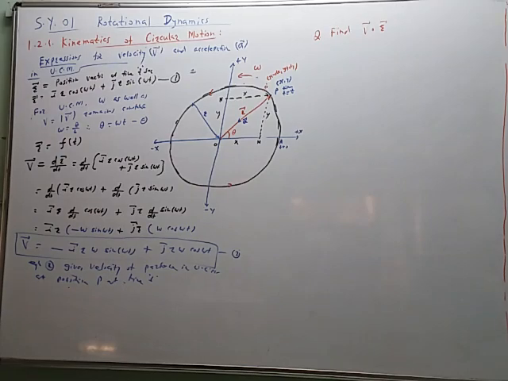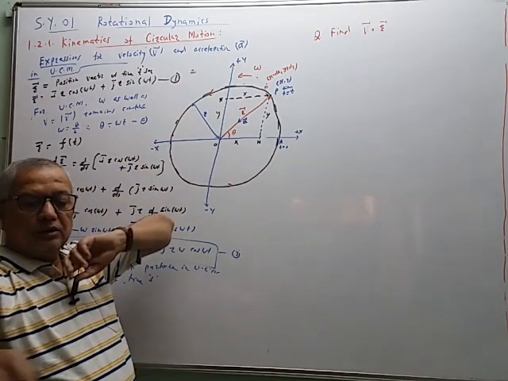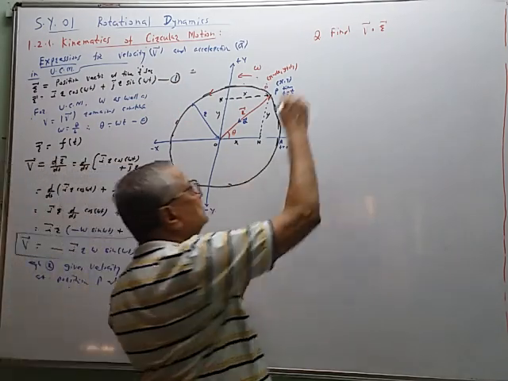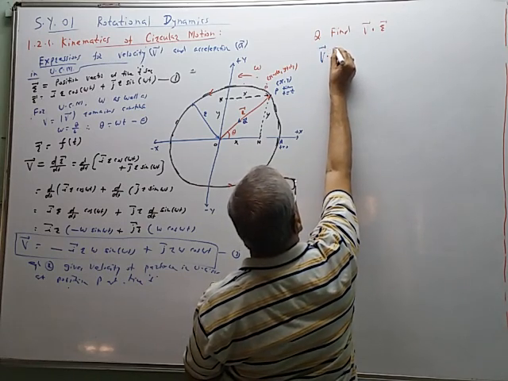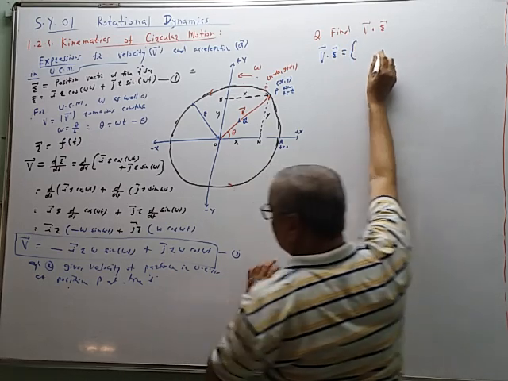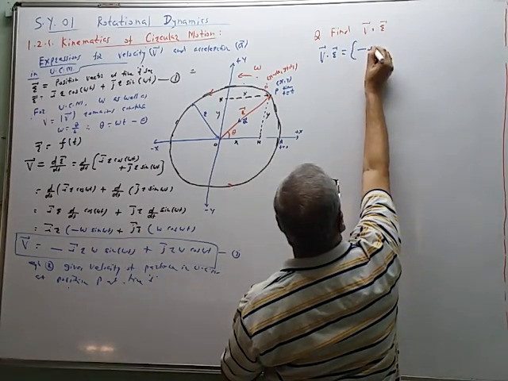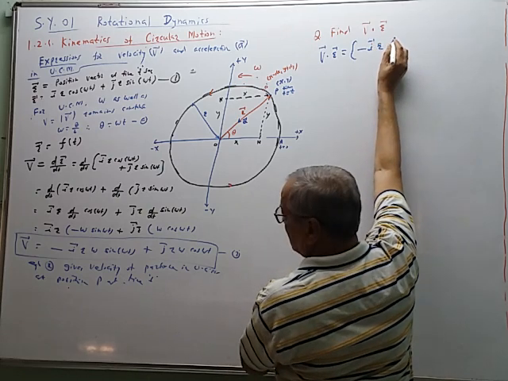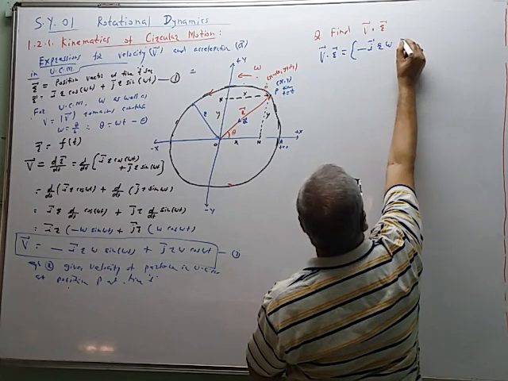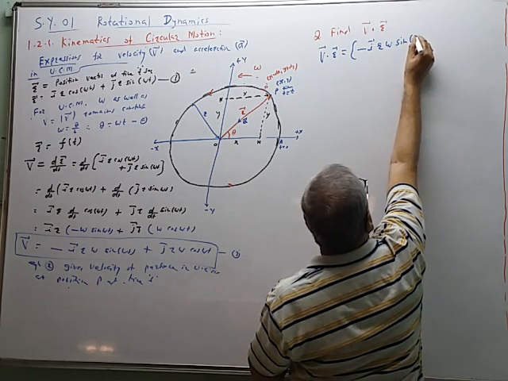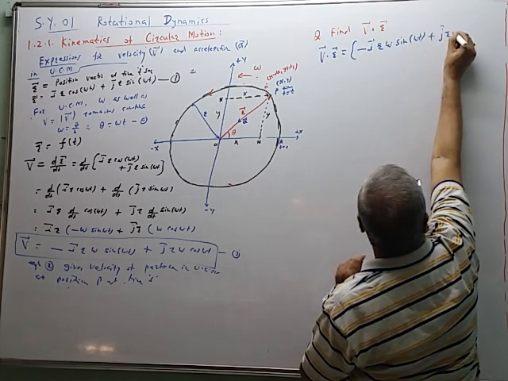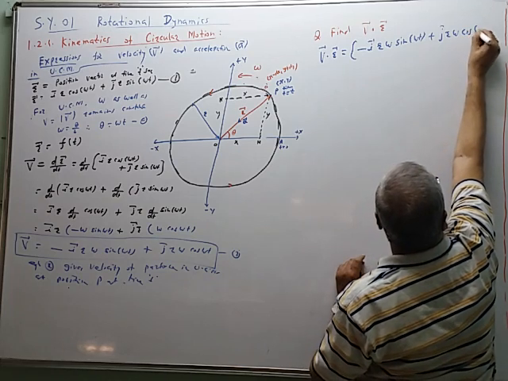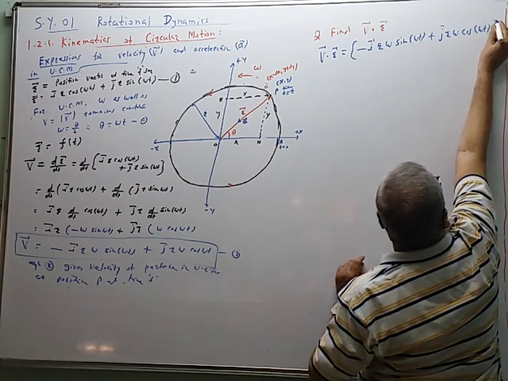Now we have to find the value of the dot product of velocity vector v given by equation 2 and radius vector given by equation 1. We have to use the property of the dot product. So v dot r is equal to the value of v is given by this: minus i r omega sin omega t plus j r omega cos of omega t